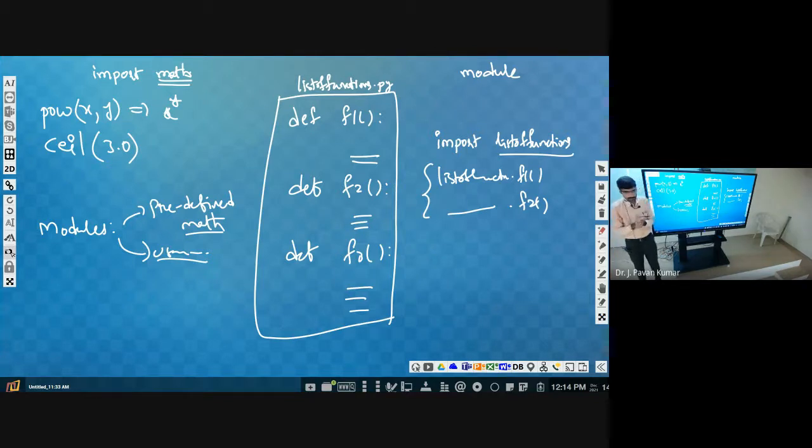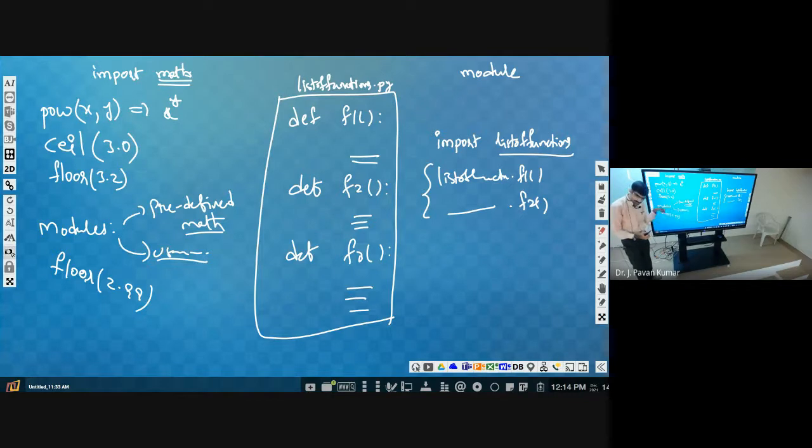So floor of 3.2 is 3. Floor of 2.1, floor of 2.99, floor of 2.99 is 2, right?